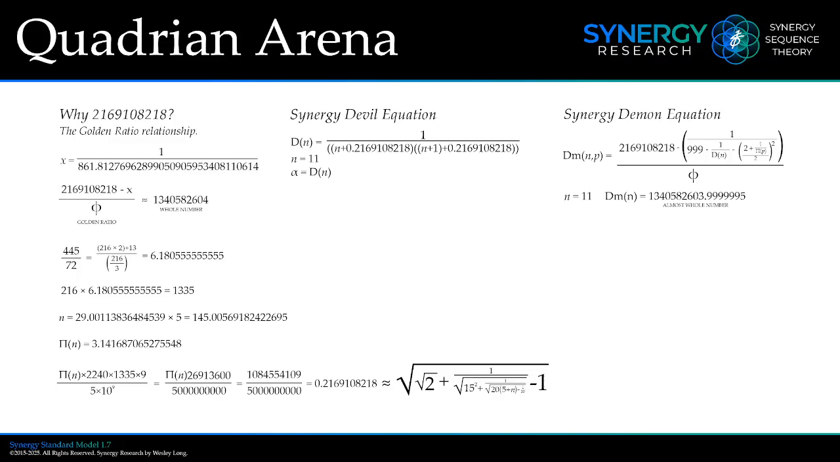And now the twist, the devil's twin. D-m(n) equals 2116918 times a bracket involving 999 minus 1 over d, with 2 plus pi, over 2 phi, where pi is a symbolic pi function. d(n) is from the devil equation above, and phi is the golden ratio again. The output, d-m(11), is equal to 134.0582603995. A whole number, again, down to 7 plus decimal places. The symmetry from earlier verifies itself. This is not random. This is self-referential structure, where d(n) defines d-m(n), confirms the resonance, phi and pi act as bridge constants, and